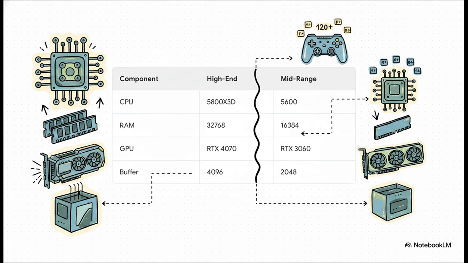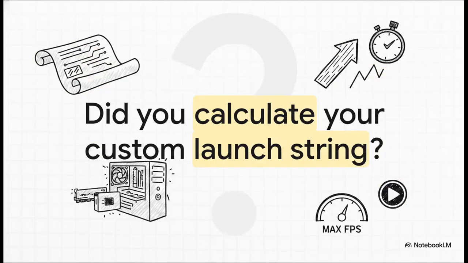But then glance at the mid-range setup next to it. It is completely different. 16 gigs of RAM uses 16384. A 6-core CPU needs a 6 and 12 split, and an 8GB GPU has to use the more conservative 2048 buffer. That's two different PCs and two entirely different optimization blueprints. So you kind of have to ask yourself, how much performance have you been leaving on the table by running someone else's code? Now that you've got the blueprint, it's time to open up your task manager, check your RAM,